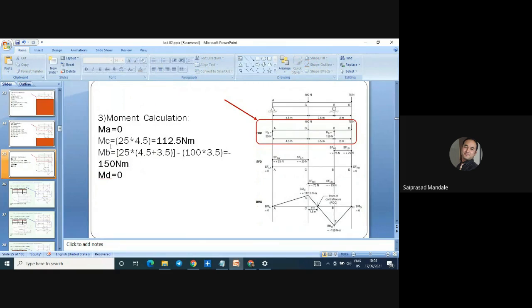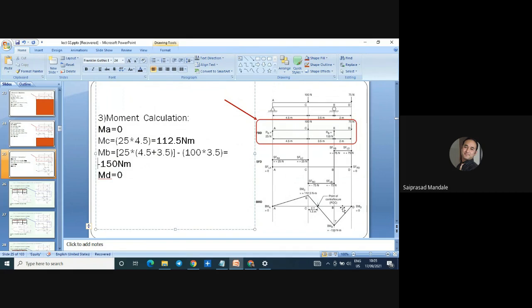Then moment at B, it is 150, 150 minus, no? It is 150 minus 150. So it is coming downward. First point, second point, third point, fourth point. In case of point loading, if we wish to draw the bending moment diagram, we have to connect every point by an inclined line. So we have connected every point by the inclined line. That's it.